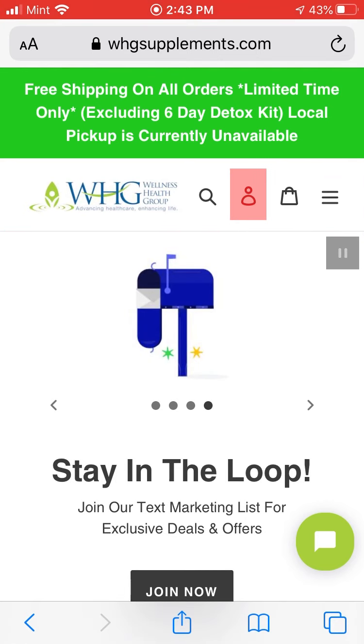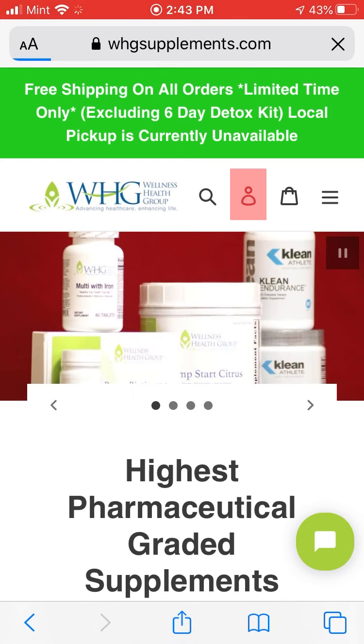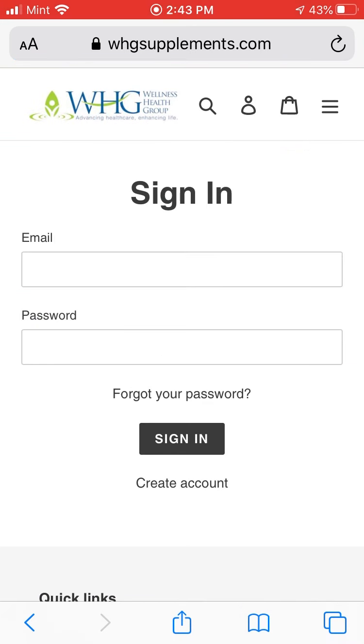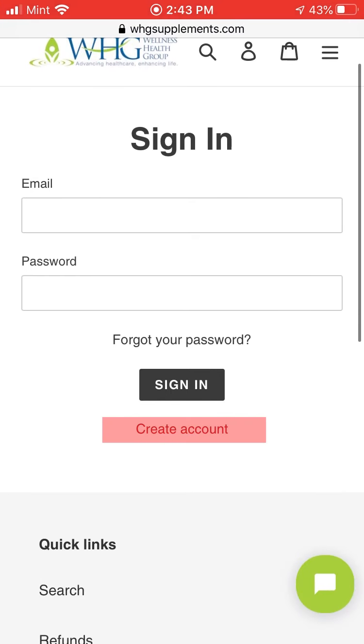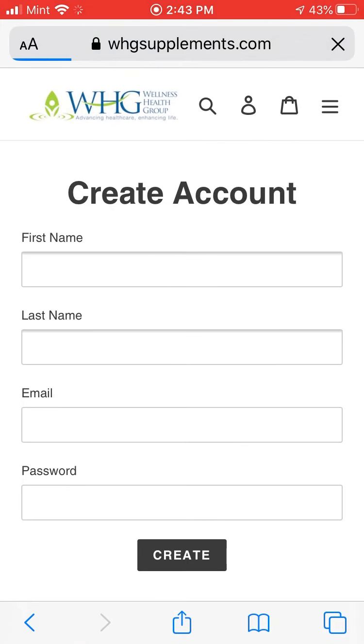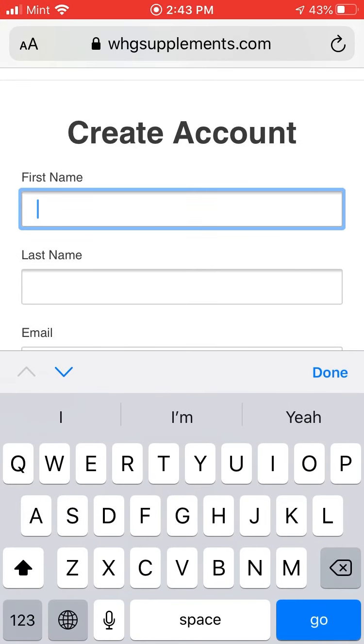So you want to click on the little man. Once you click on the little man, it will say sign in, email, password. Here you want to go down. If you haven't already, you want to create an account. On the very bottom it says create account. You want to create account and you want to put your information,